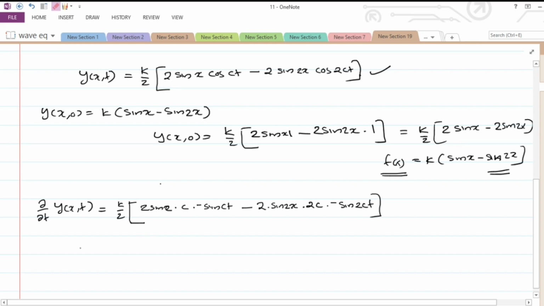Okay, now you apply t equal to 0, what you get is dou by dou t of y of x,0,